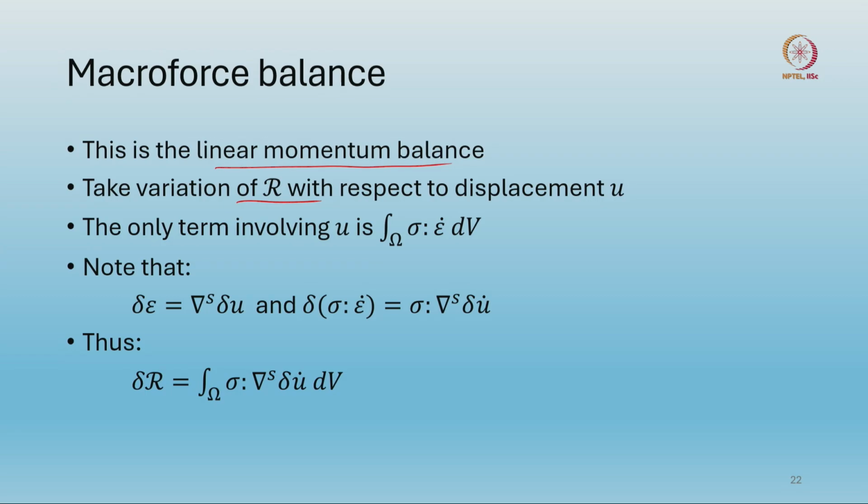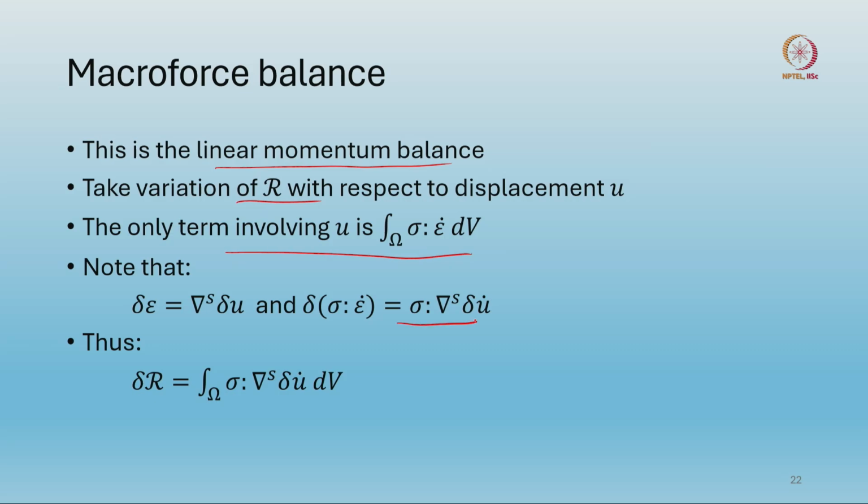Displacement is an object that is associated purely with these macrostructural aspects, it has nothing to do with the microstructural modifications. It has an external effect in the sense that it produces the force needed for the microstructure to change. The only term involving u is this, the stress power,